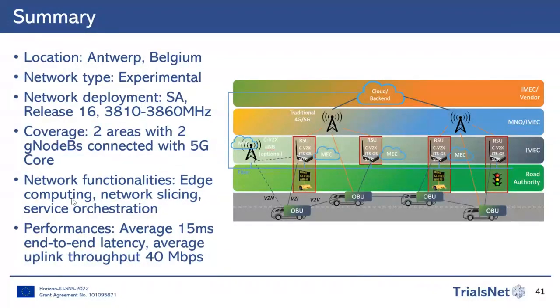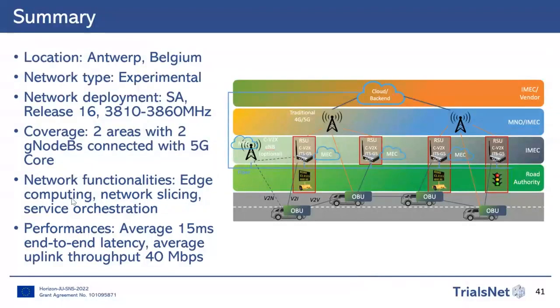And we offer two testing locations where coverage is provided. One is the Smart Highway, which is an outdoor environment on the real highway in Antwerp, the E313. The other is an indoor environment, in our lab facilities, where we offer some pre-testing of 5G capabilities and use cases before going to the Smart Highway testing phase.